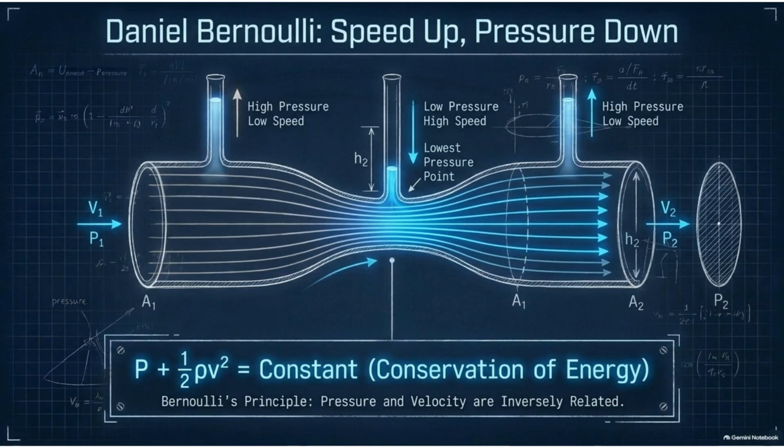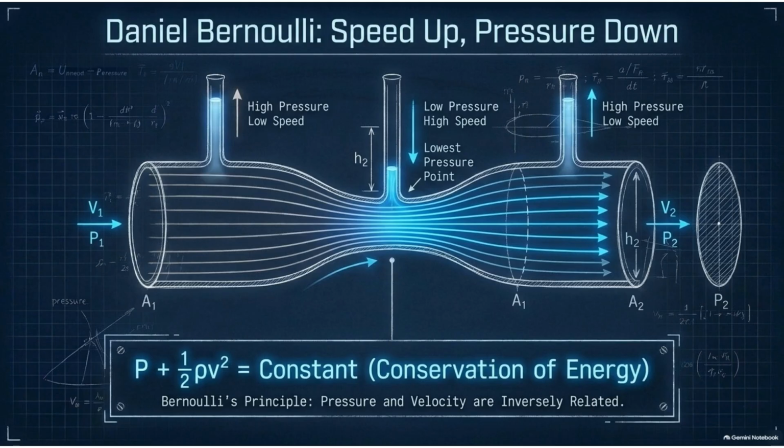Daniel Bernoulli's principle dictates that fluid velocity and static pressure are inversely related, driven by the conservation of energy. As fluid flows through a constricted Venturi tube, it accelerates through the narrow center, causing internal pressure to drop to its lowest point. Once the channel expands, the fluid slows down and pressure recovers. Encoded by the equation, the pressure plus 1/2 the density times the velocity squared equals a constant. This fundamental rule proves that whenever a fluid speeds up, its pressure drops, providing the key mechanism behind pressure differentials